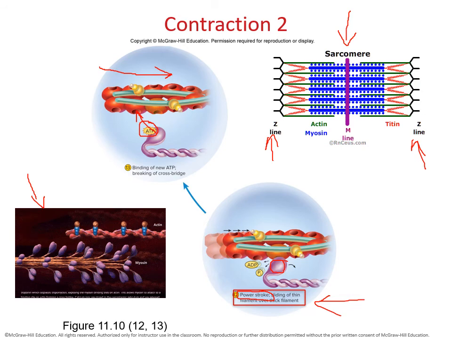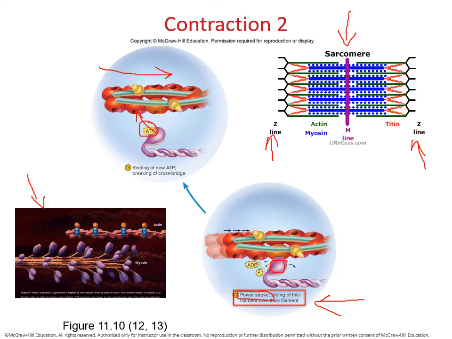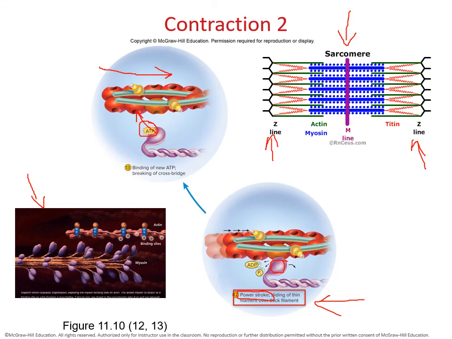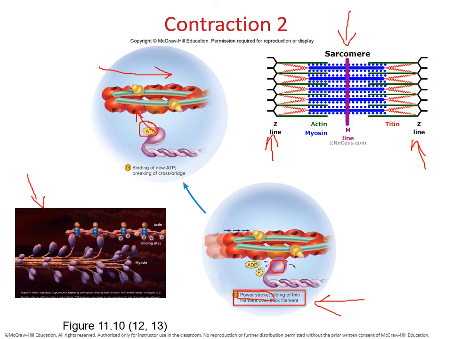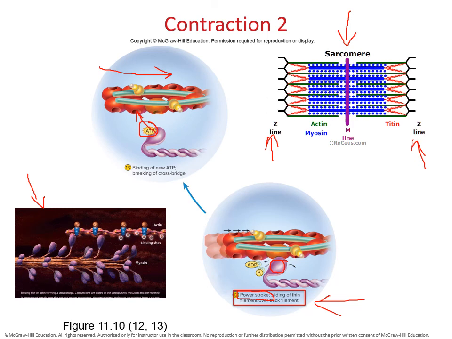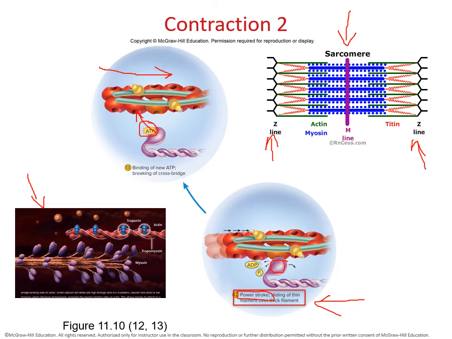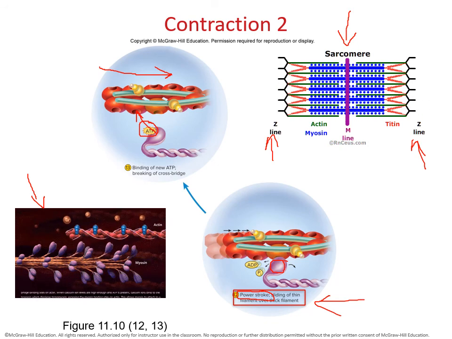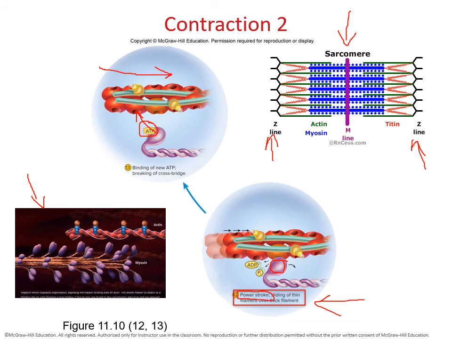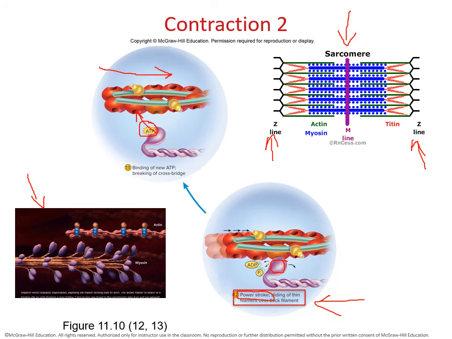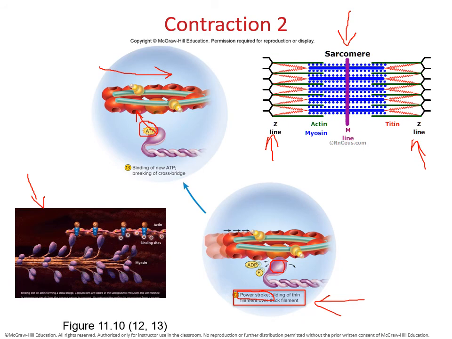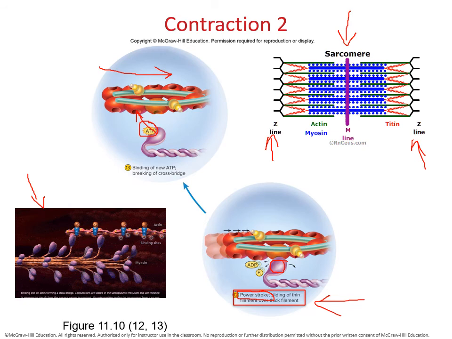This is what they like to call the sliding filament theory. The fact that when you contract the muscle, it doesn't reduce the size of the muscle. We're simply overlapping the components. So they're sliding over each other. And this will continue as long as you have your nerve signal, as long as you have your calcium molecules, and of course, as long as you have your ATP molecules to do this.